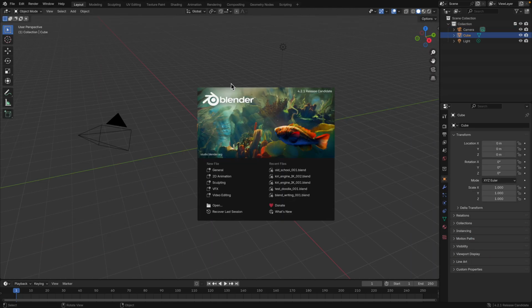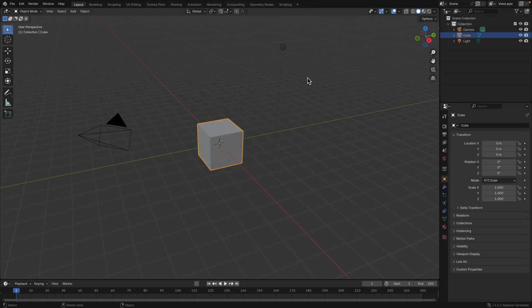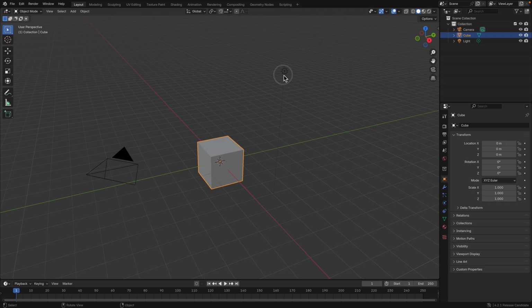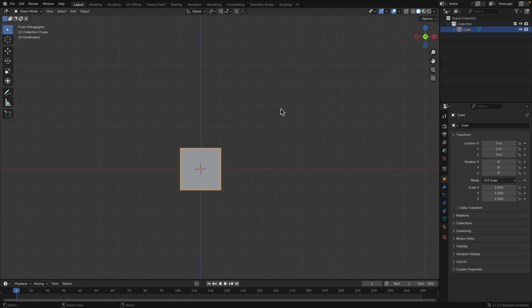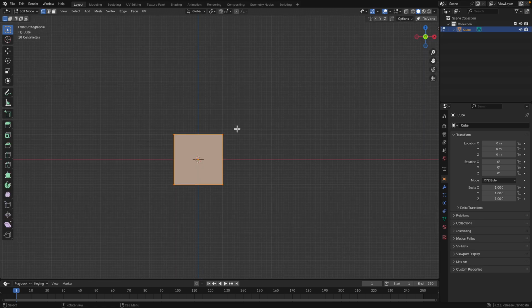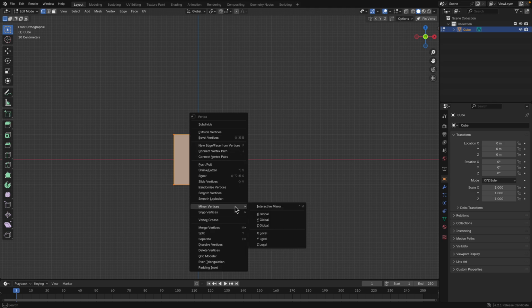I'm using the latest Blender, 4.2.1. So let's delete everything. We have this default cube, and we will be using the old school way, just using the skin modifier. So for this default cube, I'll go to edit mode using Tab, right click, and then merge vertices at the center,